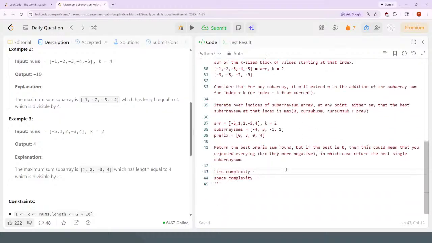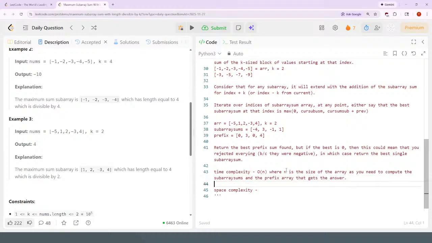Alright, time complexity: this can be O of n, where n is the size of the array, as you need to compute the subarray sums and the prefix array that gets the answer. And then space complexity is going to be O of n to store the subarray sums and